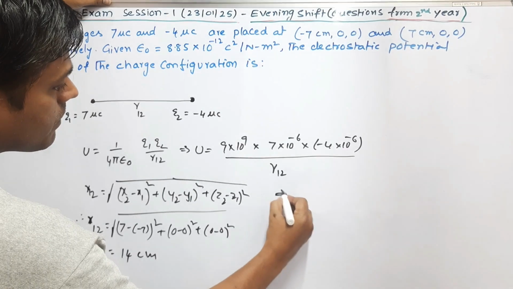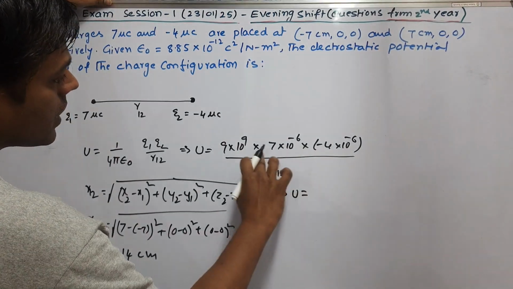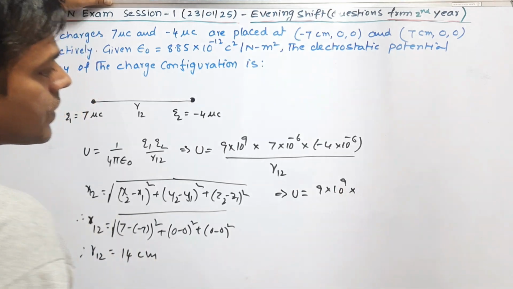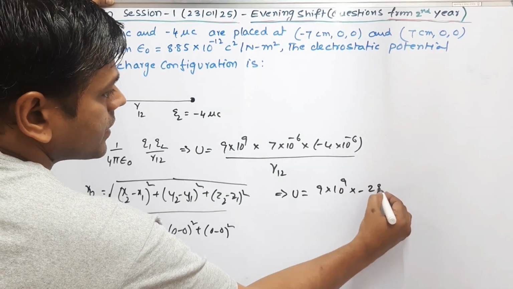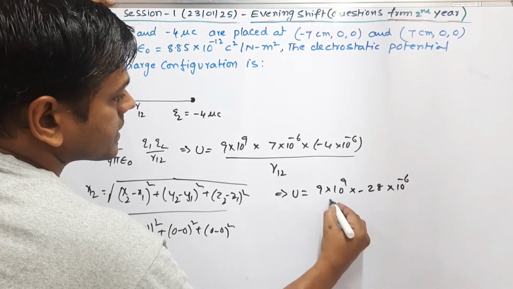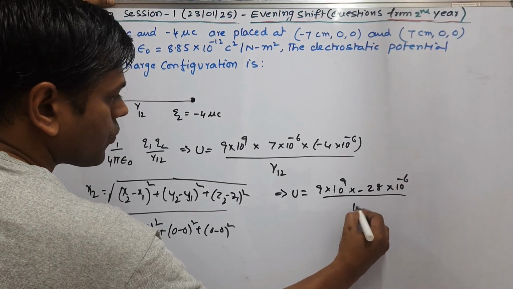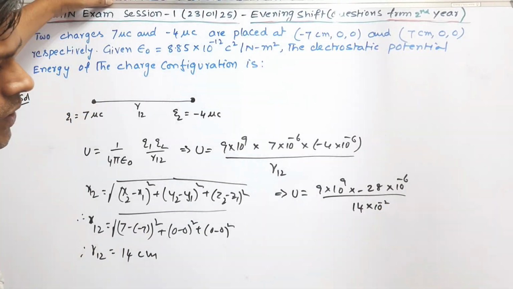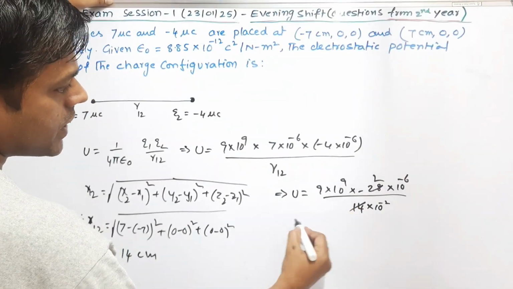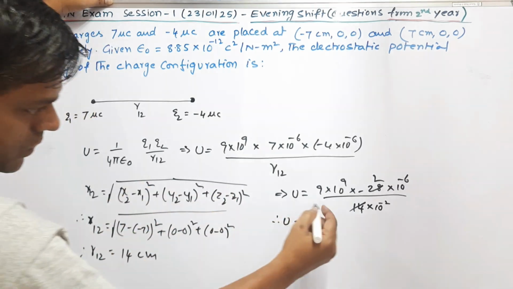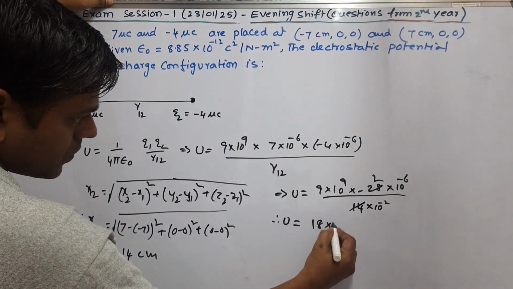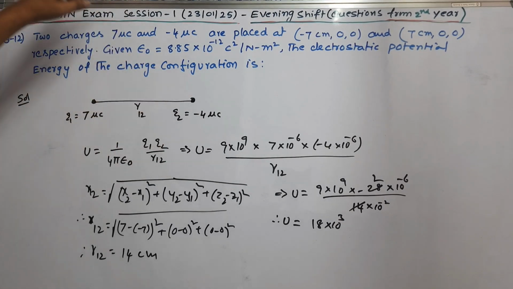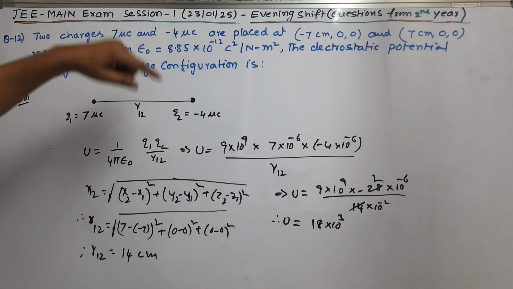Therefore, you can replace R12 by 14. That implies U is equal to 9 into 10 power 9 into minus 28 into 10 power minus 6 by R12 equal to 14, in meters, 10 power minus 2. Therefore, U is equal to 18 into 10 power 3, isn't it? 18 into 10 power 3